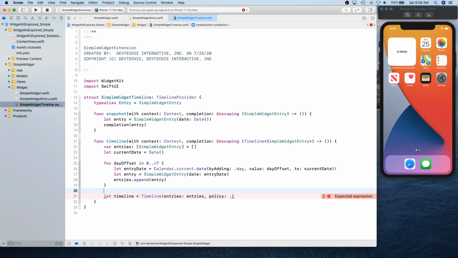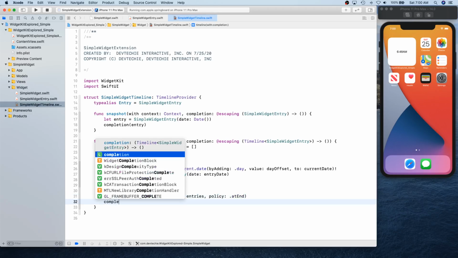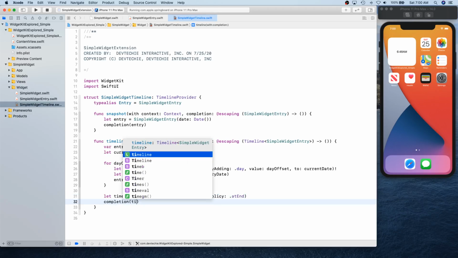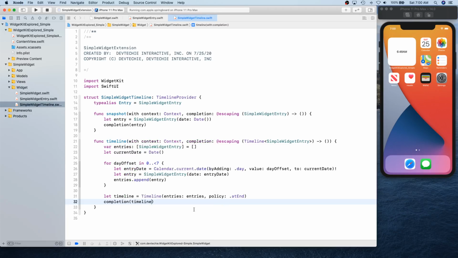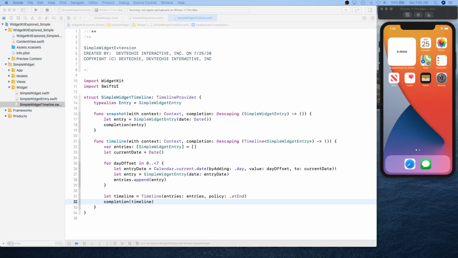When this is about to expire, that's when your timeline is gonna get filled with 7 more entries, like that. So you are simply gonna say atEnd right here. Then we can say completion, and this is where we're gonna supply the timeline back. So this is your timeline provider.